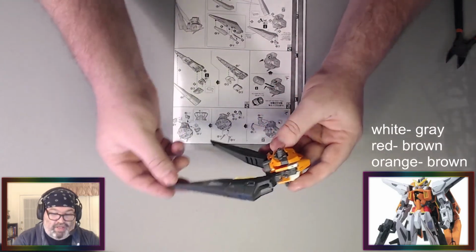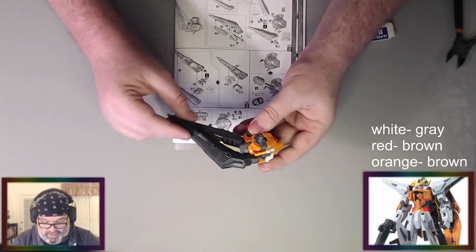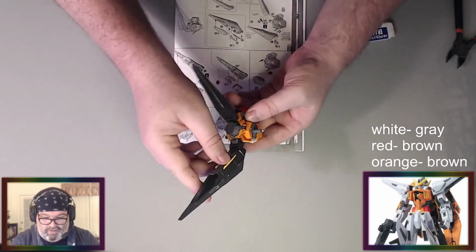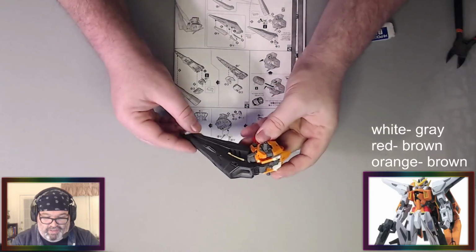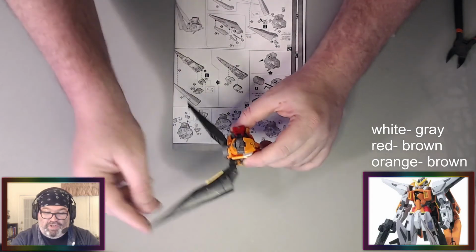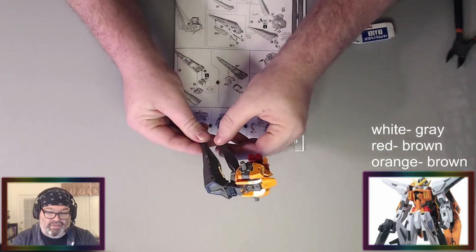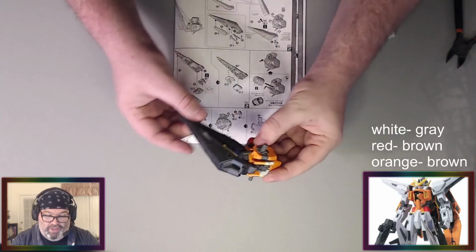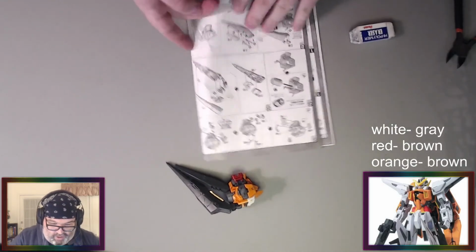Okay, so here's the back unit, which just looks awesome, and it goes like this, and this thing just looks rad as hell. And there he goes. This is the backpack, basically, which is why there's not a light in the back of this, because this goes down. But yeah, this thing looks really cool. So we got all that done, which I believe is...